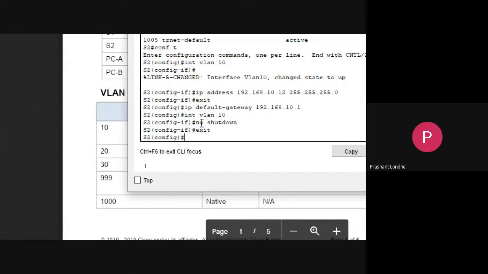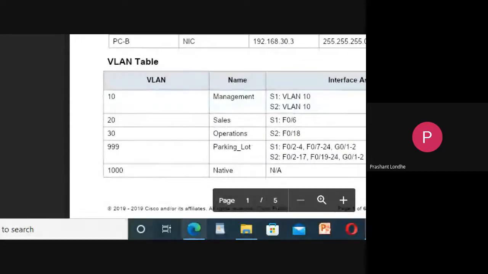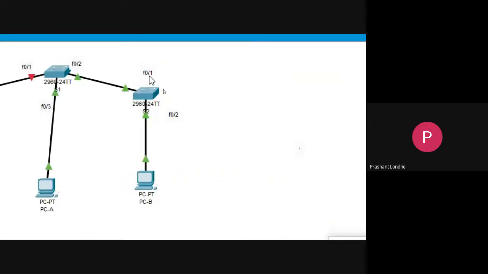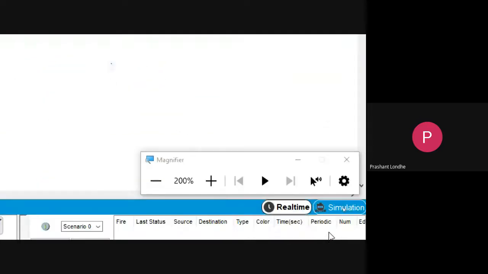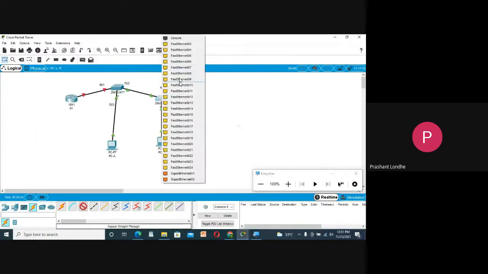Again, we are supposed to assign all the ports to VLAN 999, and we need to shut them down. So just check which port numbers are available. Here we have used F0/1 and F0/2. Now we have numbers from 3 to 24 and gigabit Ethernet 1 and 2.